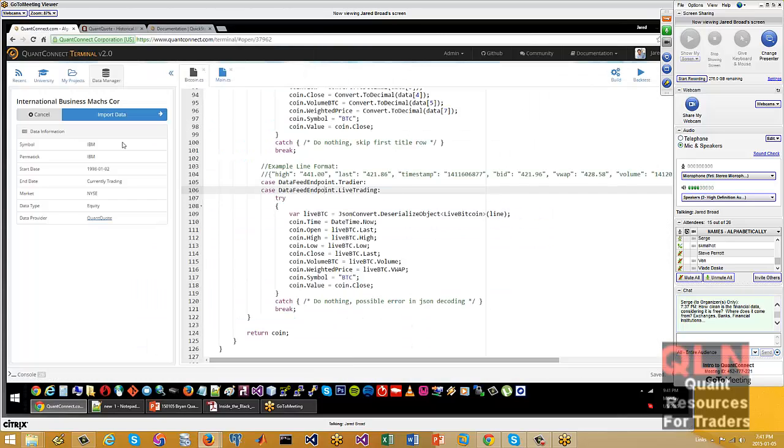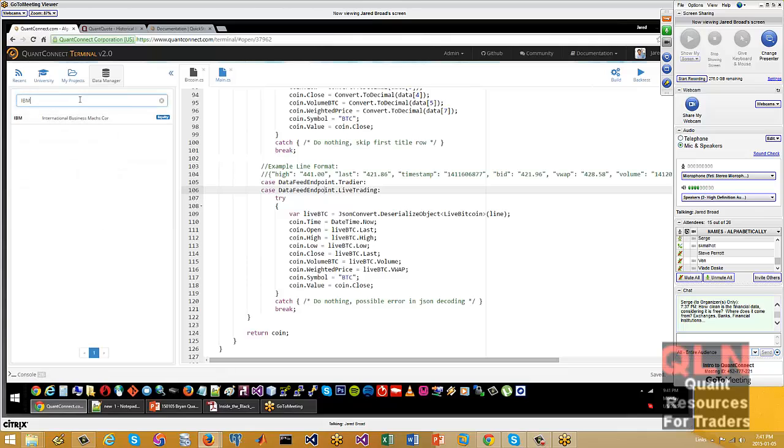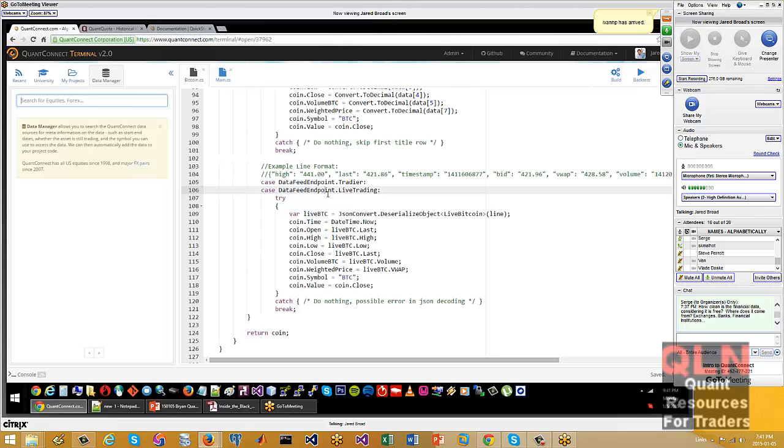So we have all the delisted companies, and you can access the delisted companies through the data manager here. You just search for what you want. The only limitation on our engine at the moment is that we don't have a sort of portfolio selection where you can select the S&P 500 for the last 10 years, including all the ones that move in and out of the S&P 500. But that's on the cards for January 2015. We're going to build and launch that by the end of January this month.